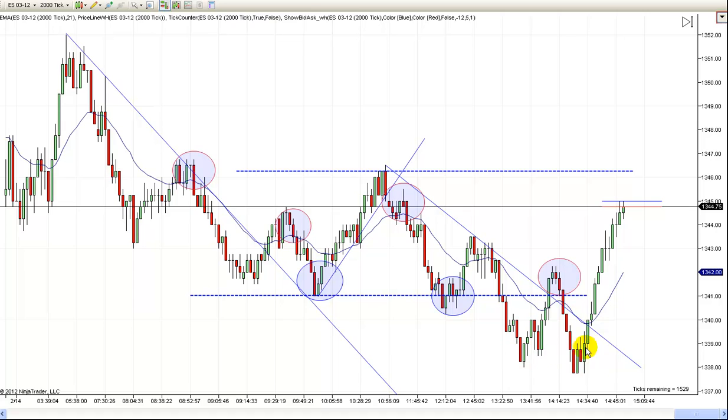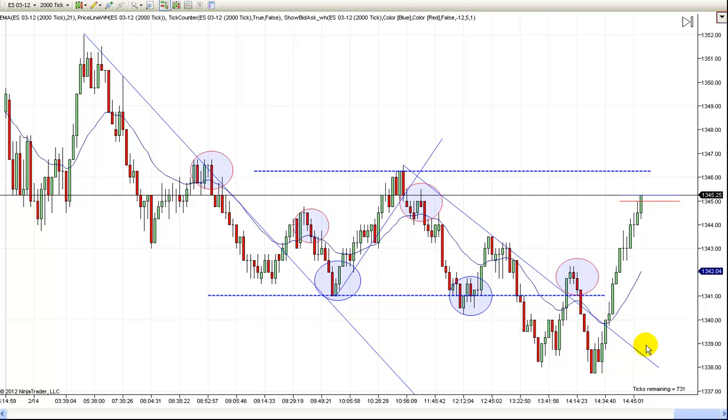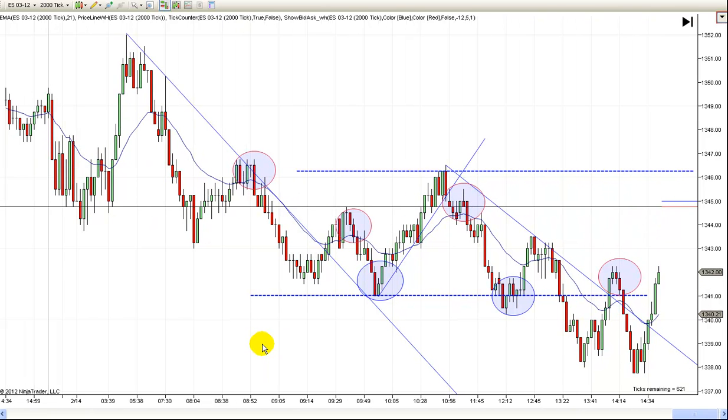They've got everybody on the wrong side. They're running stops all the way up. They're hitting these stops, and every time they hit a new batch of stops, it runs a little higher, and that's what they love to do. They love to get everybody thinking short and then reverse the market, or get everybody thinking long and then reverse it to the downside. So again, like I said, some of your best trading,